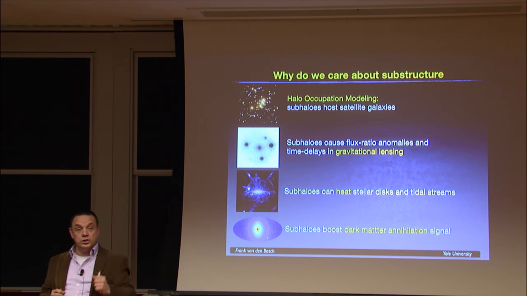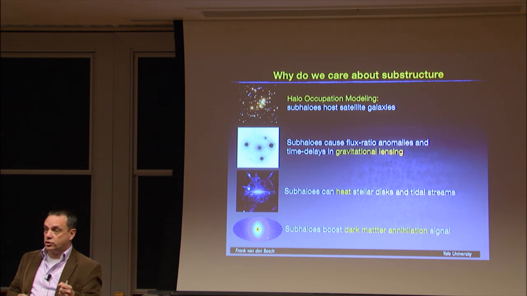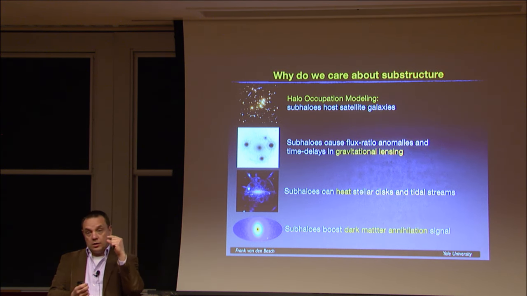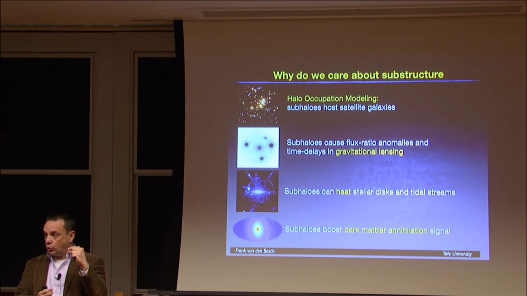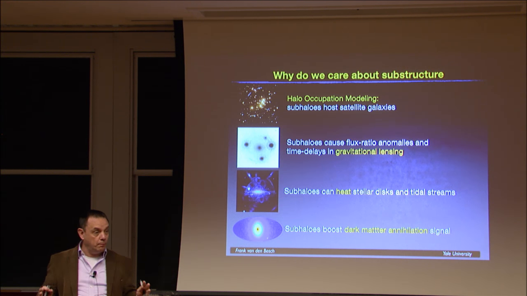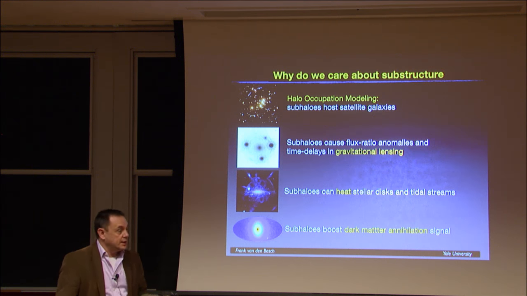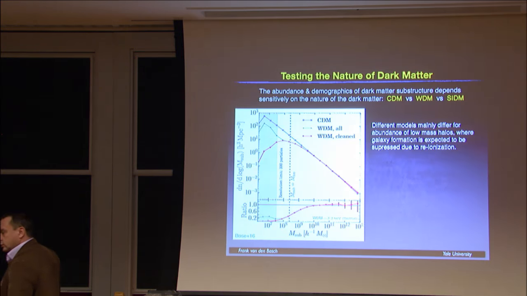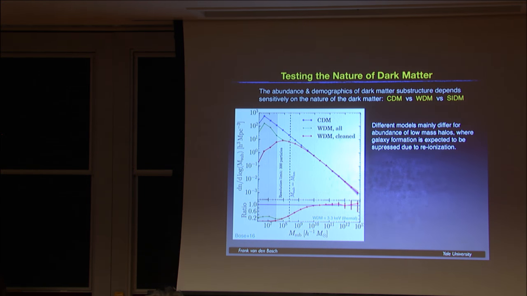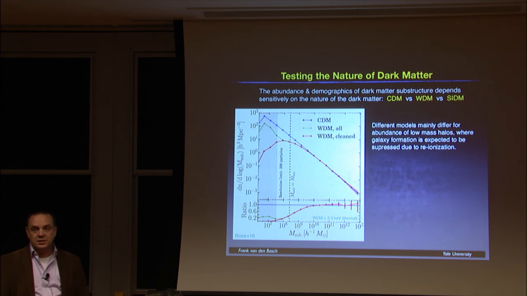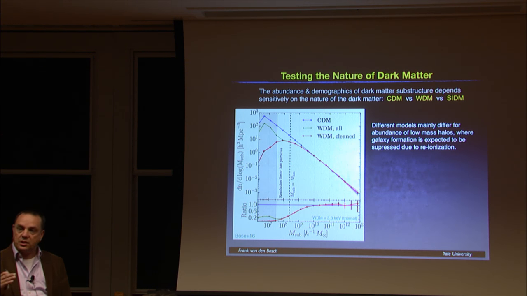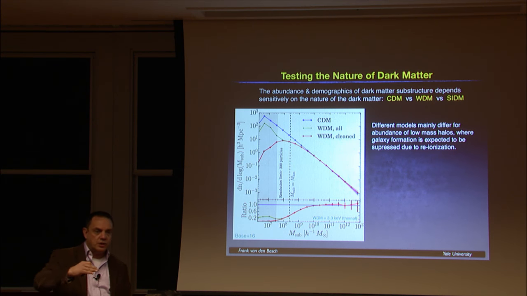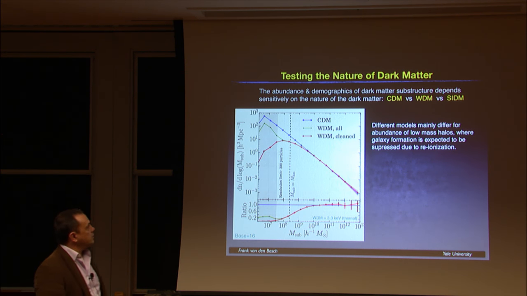If we ever are going to measure dark matter annihilation flux, we want to turn that into a constraint on the mass of the dark matter particle and the dark matter annihilation cross-section. In order to do that, we need to know something about the clumpiness of the dark matter. Okay? And that is basically described by this boost factor, which just depends on the amount of substructure. In addition, this substructure allows us in principle to test the nature of dark matter. It's where we are sensitive and we can tell the difference between CDM, warm dark matter, self-interacting dark matter, and whatever other dark matter there is.